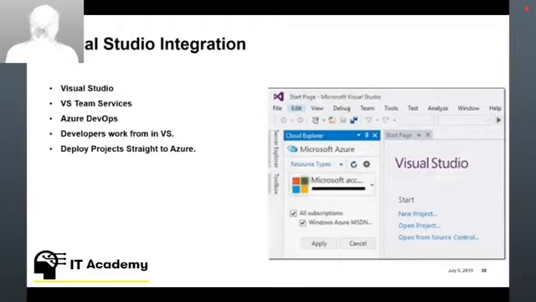Visual Studio Team Services is the collaboration tool that Microsoft creates for developers. It was reinvented about 2 years ago for agile computing, and it's just been rebranded as Azure DevOps. The idea is that you host your infrastructure in Azure, and your developers continue to work within Visual Studio, and Azure DevOps provides the bridge between organizing and planning what your developers do, controlling what they can and can't do,